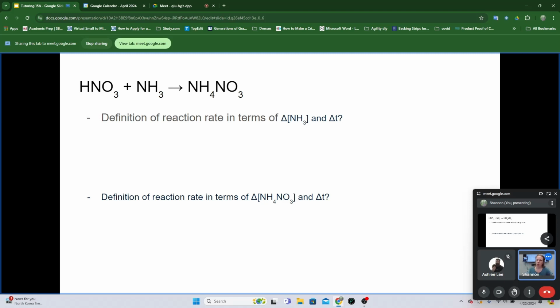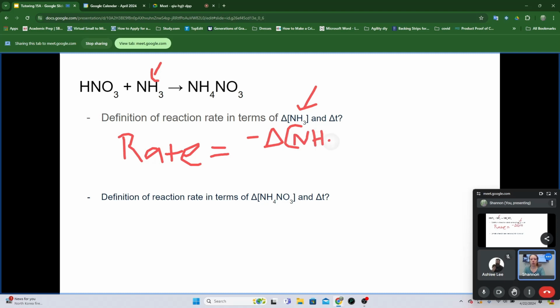So it's going to be rate equals, okay? And then I'm going to look at what it's asking for. So NH3, is that a reactant or a product? Reactant, okay, so that's an A, right? And so I'm going to use the negative delta, and in place of A, because it's asking me in terms of, I'm going to put in the NH3, okay? So negative, change in the concentration of NH3,